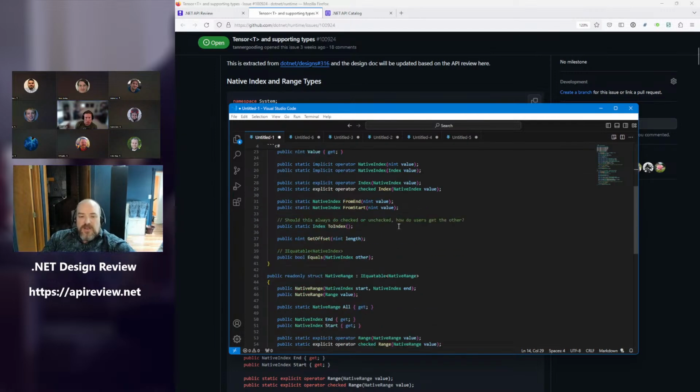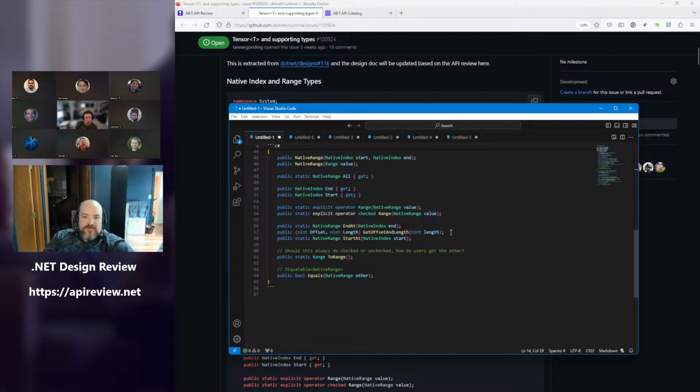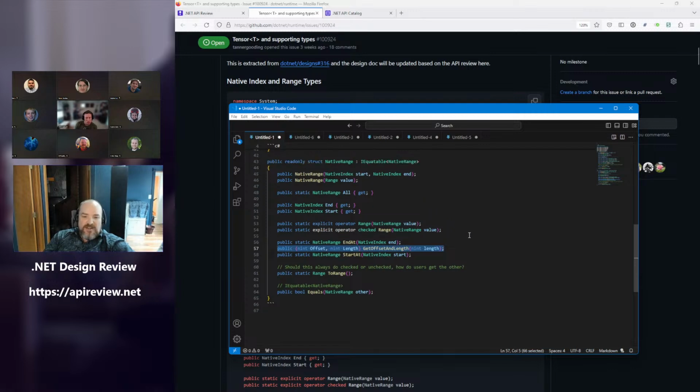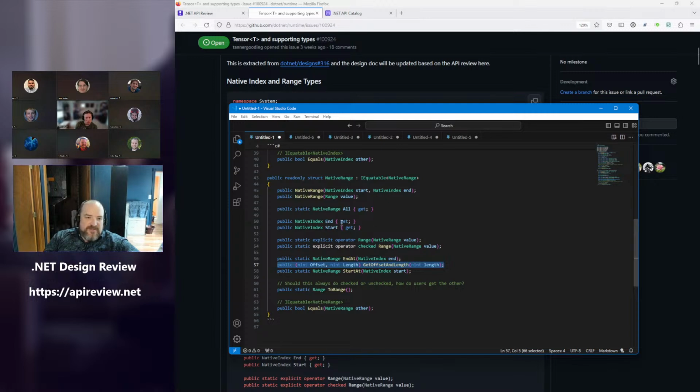Right, but on range, we have GetOffsetAndLength. The range as it's stored, if you never needed to be more than int.MaxValue from the left or right of the thing, then we would just overload GetOffsetAndLength to take an int length and produce int offset and length. But that means you couldn't store a relative index bigger than index can hold.